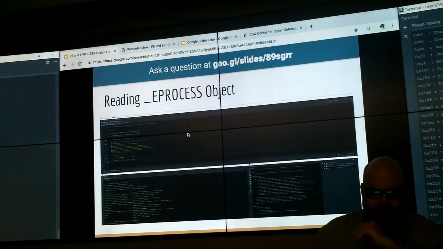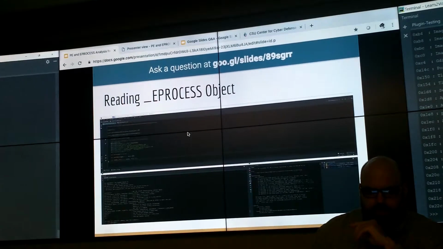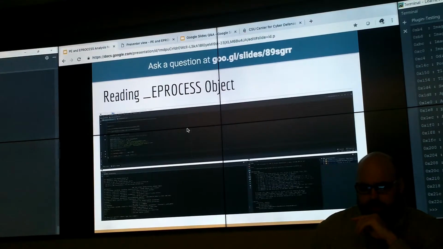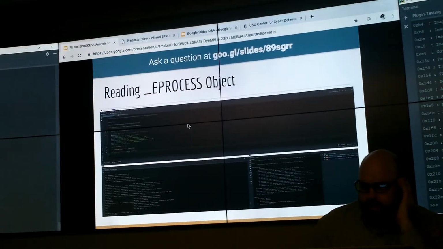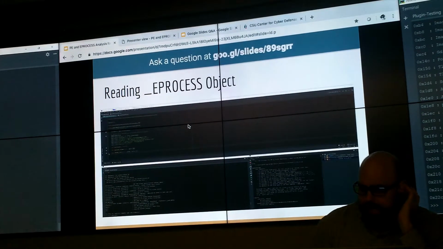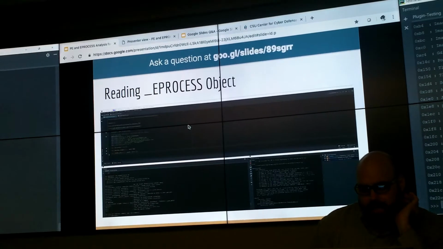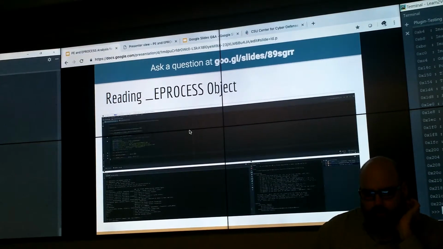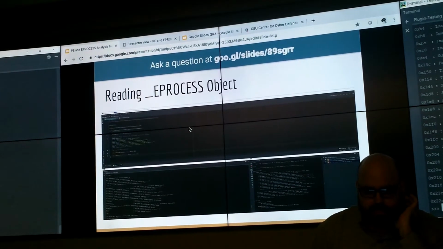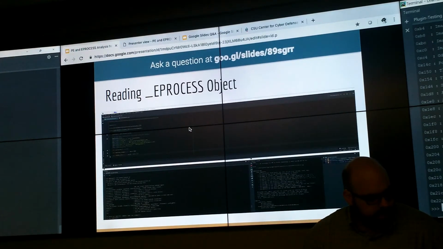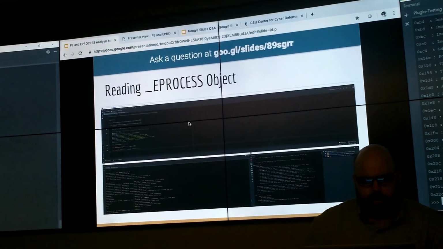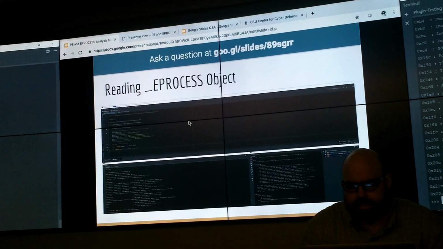I've shown you so much with this, and this is really down to the coding example. If you're on the Discord listening in, look at my notes for the slide titled reading underscore eProcess object. All the code is in the notes, and you can definitely try it out for yourself. I'm going to show a little bit here today, but I don't want to kill people